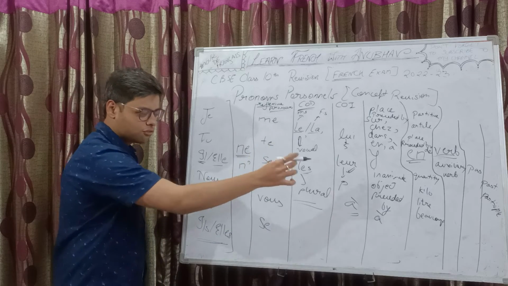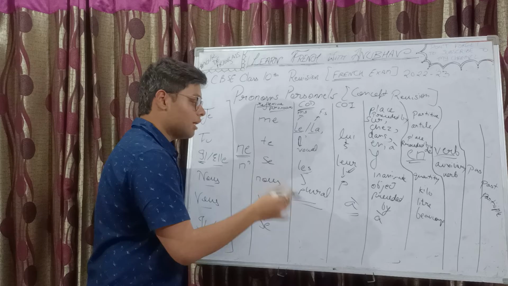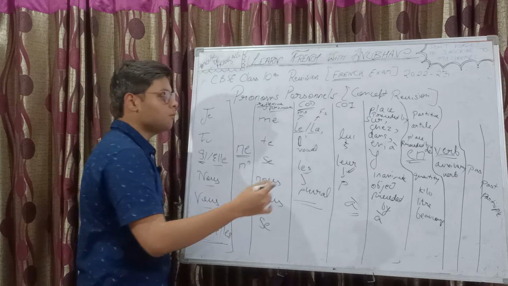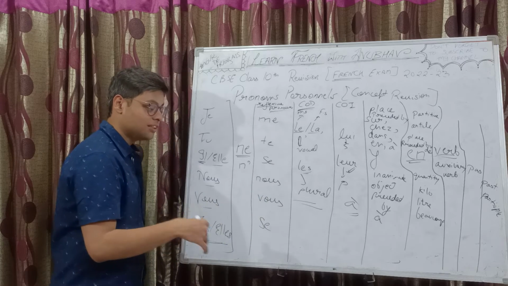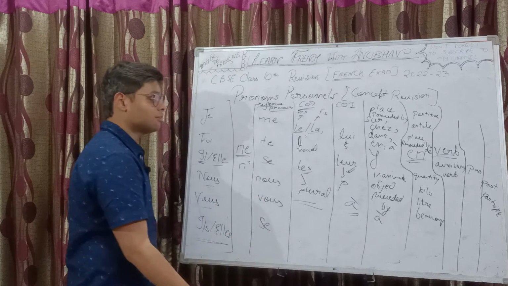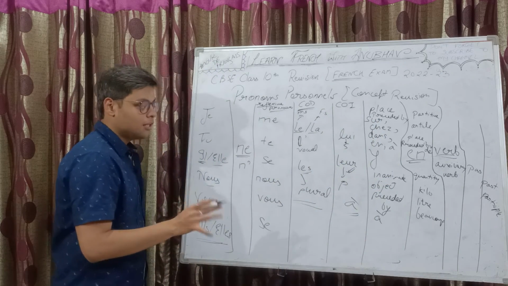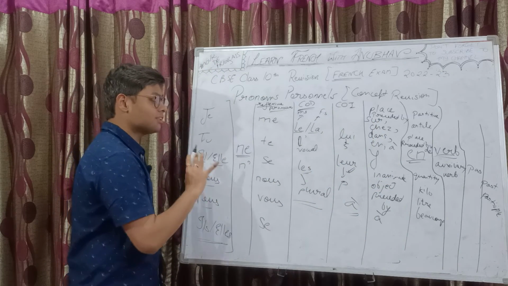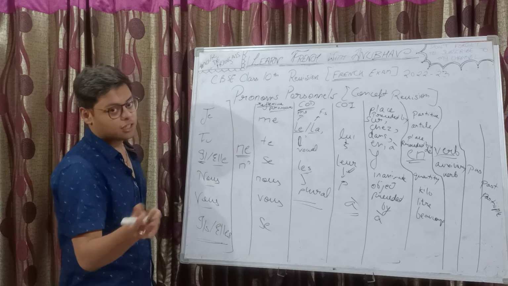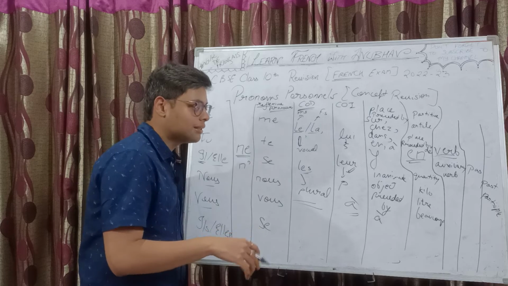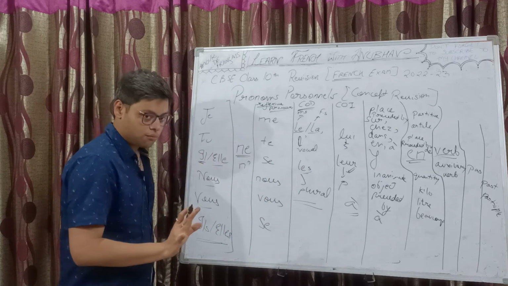So of course, the structure is going to be slightly different. And in the remaining negative expressions which are there in the syllabus, we are going to place those expressions in place of pas. For example, déjà. And déjà's negative is what? Ne pas encore. Encore's negative is what? Ne plus. So pas encore and plus are going to come in place of pas, in case we have a negative expression. Though I don't think such a complex question can come, we never know. One or two questions can come like this, so it's better to discuss all the cases. And the past participle is there. I've discussed the subject-verb agreement as well.